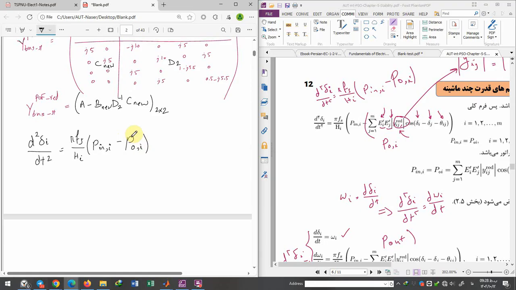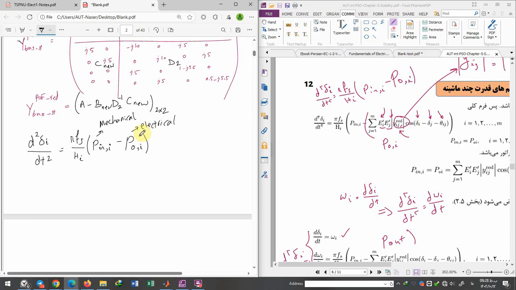The output is electrical and input is mechanical. So in many cases, in an ordinary situation, the mechanical input of the generator is fixed, for example 1 per unit, but